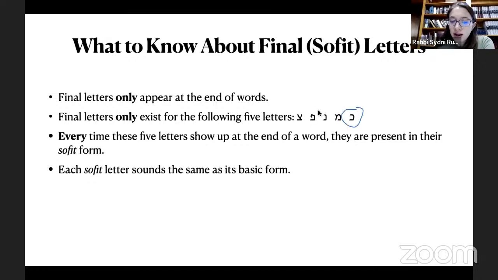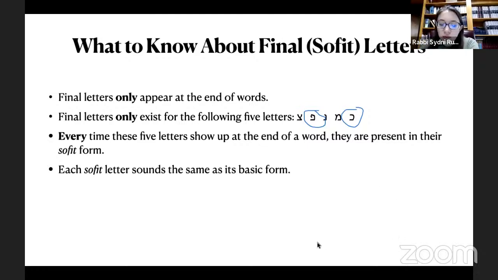the chaf and the fei, I know that they come in forms that are dotted, that have a dagesh in the middle, and they come in forms that are not dotted, that don't have a dagesh in the middle. 99.9% of the time, when you see them at the end of the word, they're going to be without a dot in the middle. So it's always going to sound like ch or f, right? It's the Sofit, in Sofit form, a word is not going to end with the sound p, and it's not going to end with, unless it's a kuf, it's not going to end with the sound k.